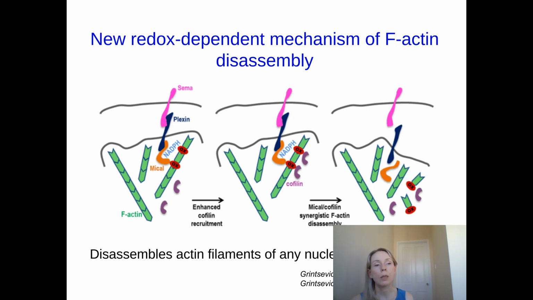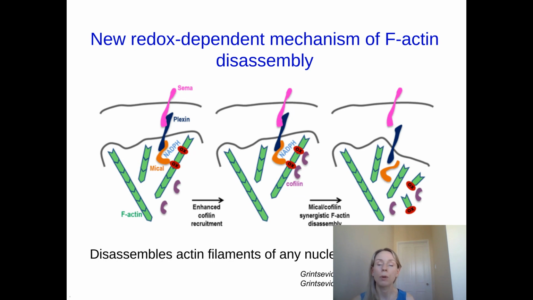For instance, here it's shown that it's activated downstream of the semaphorin and plexin pathway. It oxidizes actin filaments, and what it leads to, and I'm not showing this data here, is that those oxidized filaments have higher affinity to Cofilin. So Cofilin binds better to those filaments,